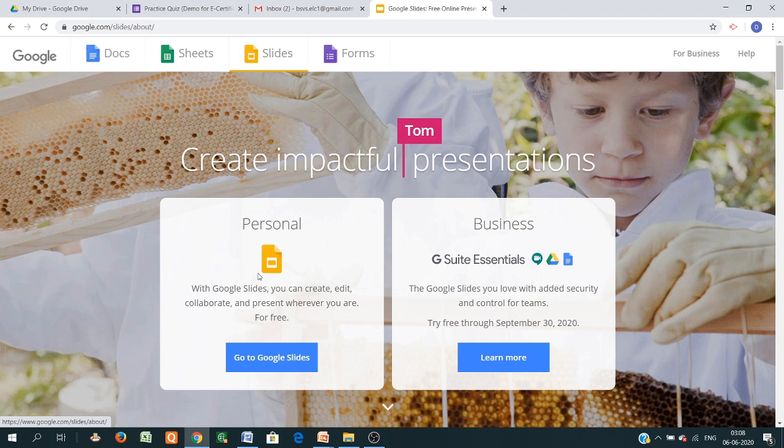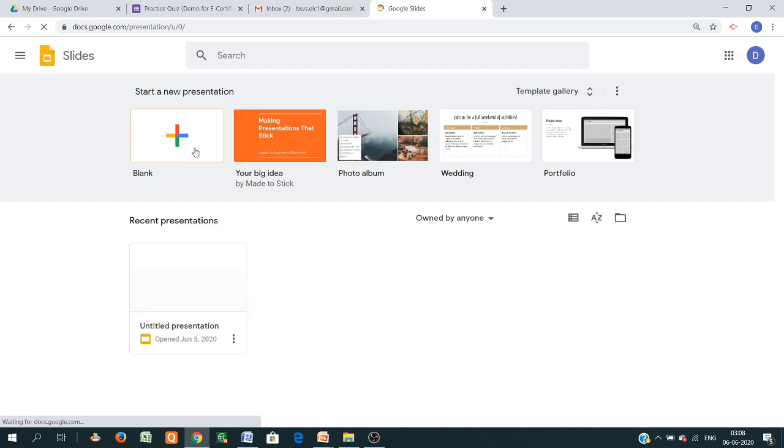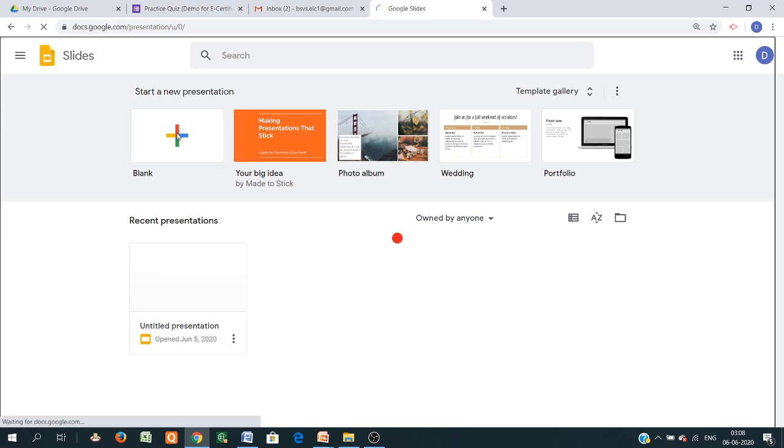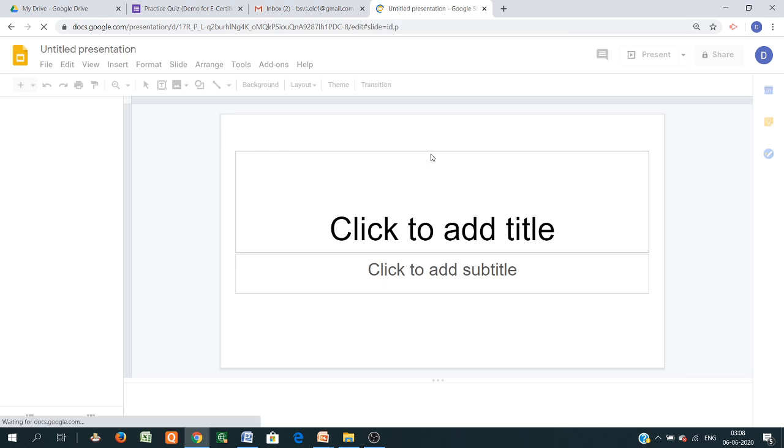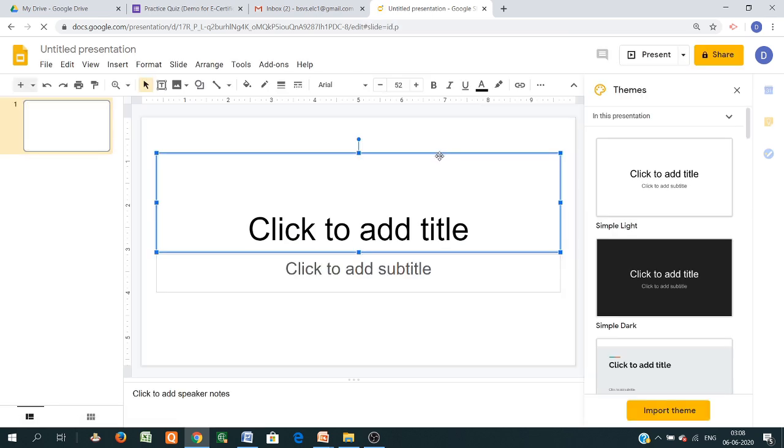So this is the slide option. Go to Google Slide. Then click on this plus button. So there are different types of formats available. Click on this plus button and create one sample certificate. So we are seeing the sample certificate.